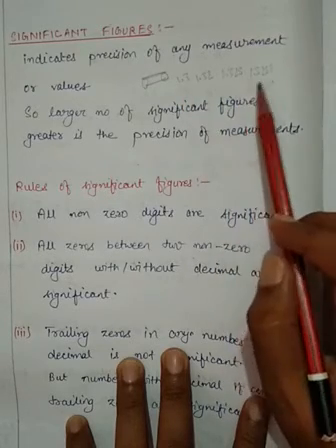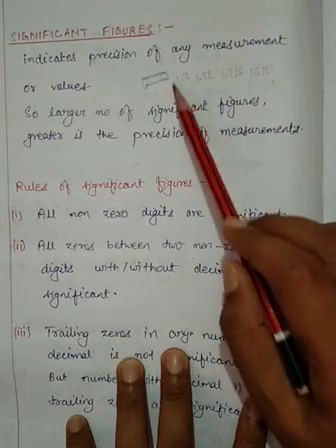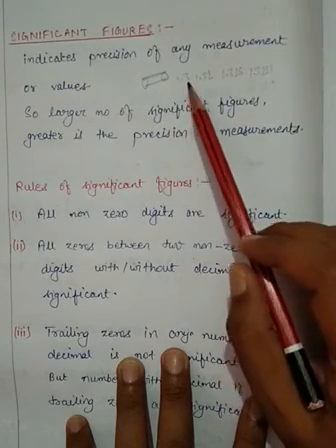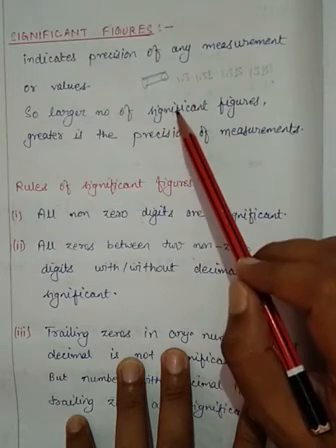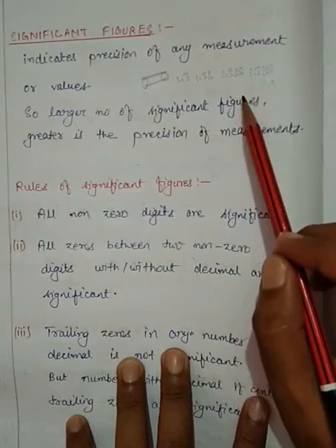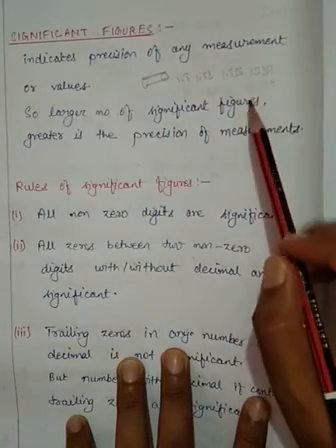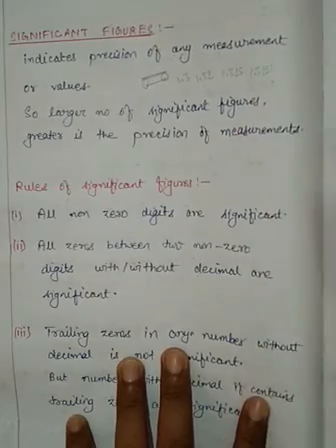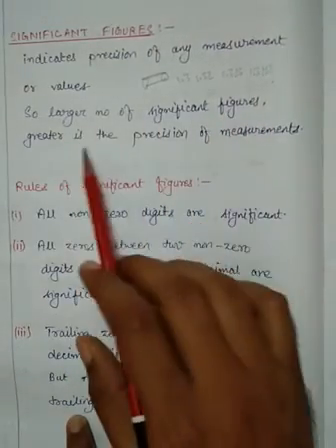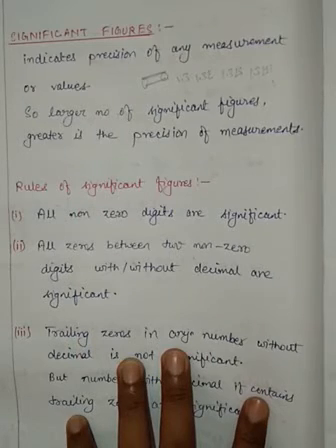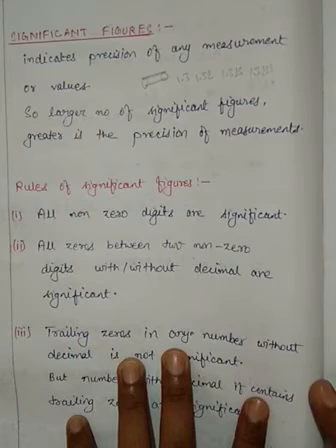Otherwise 1.3 and 1.3257. So this 1.3 can be simply calculated with the help of a normal meter scale, because as I have told earlier, even a simple meter scale can have the millimeter value. But 1.325 means it is on the fourth power of the decimal, the fourth part of any. It means that this measurement is done at a very finer level. So larger the number of significant figures, greater is the precision of measurement. That is the thumb rule. The more significant figures there are in any measurement, the more precise the value of the measurement.